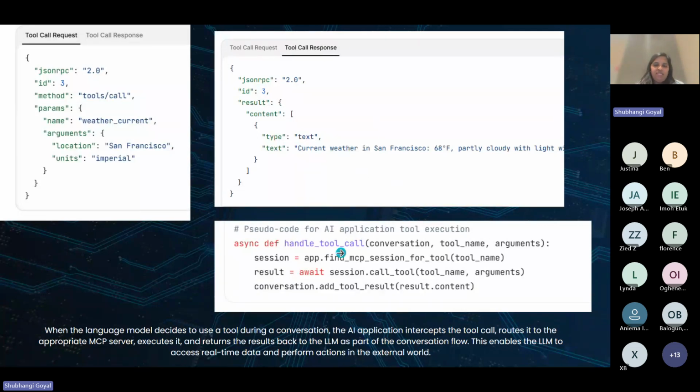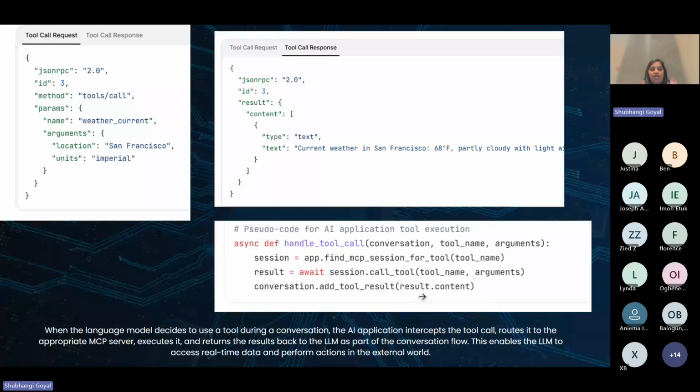At the bottom, there is pseudo code for this AI application execution, with an asynchronous tool call where you provide the tool name and arguments. If you have a session, you provide a tool name, and there is a result variable that gets the session call result. The conversation keeps adding the content it gets from that result.